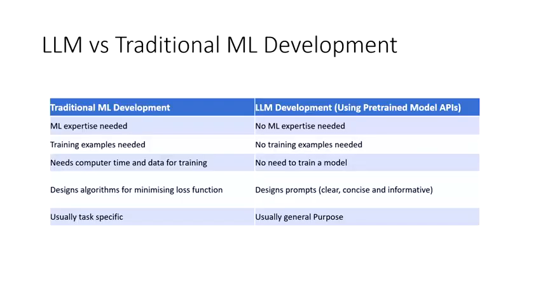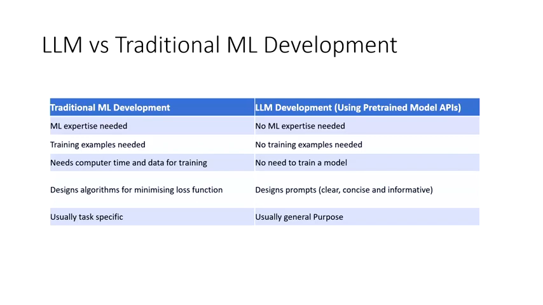Okay, so if you are using a large language model, there is some difference from traditional machine learning development, right? If you are using a large language model, it is easier to develop than with the traditional approach. For example, in the traditional approach, you had to be an ML expert to train a model. You had to know the architecture, what data you need to use, and so on.